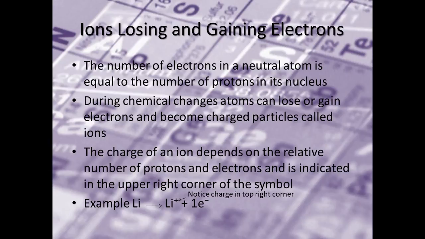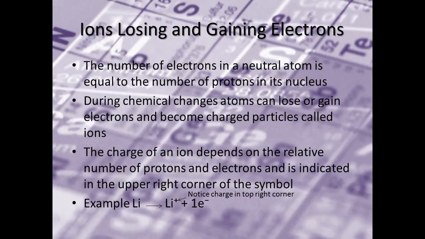Ions losing and gaining electrons. The number of electrons in a neutral atom is equal to the number of protons in its nucleus. During chemical changes, atoms can lose or gain electrons and become charged particles called ions. The charge of an ion depends on the relative number of protons and electrons as indicated in the upper right corner of the symbol. For example, lithium